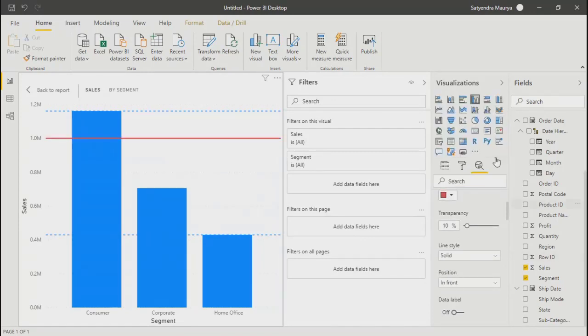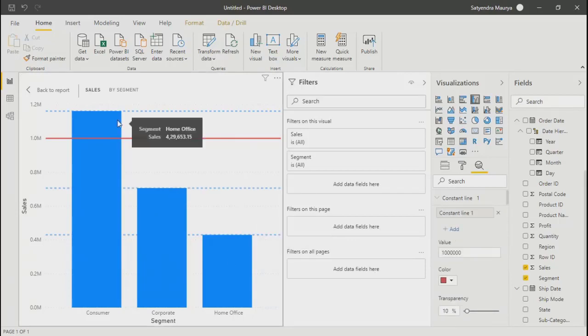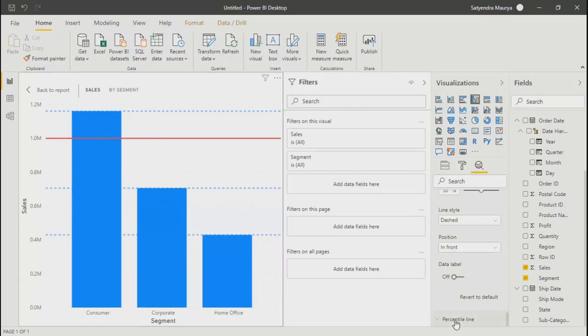Okay, so this is the average value. Similarly, you have furthermore the median and percentile line. What is the median of data? The middle of the data. Yeah, median basically represents the middle value of the data. So if you do that, you will get another line that is this. So this was your minimum, this was your maximum, this is the middle line. And the same goes with percentile.